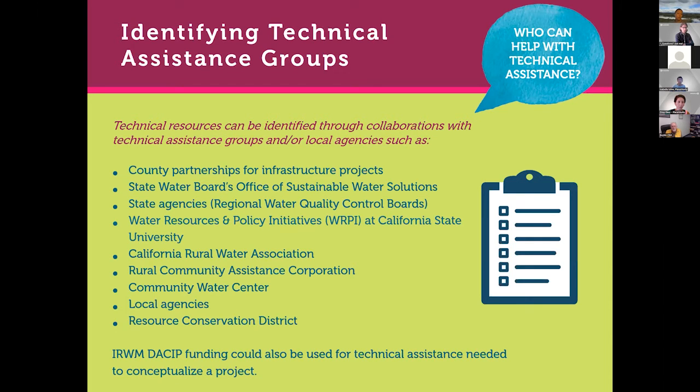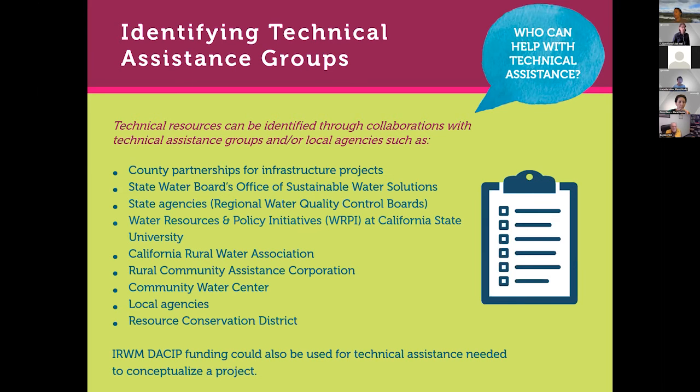The State Water Resources Control Board has a lot of different programs that provide technical assistance, but specifically their Office of Sustainable Water Solutions focuses on disadvantaged communities and small communities and small community water and wastewater providers. And so that's a great place to go, and maybe we can find the link to them and put that in the chat. That'd be a good one to have available to people. But again, the State Water Board has a lot of different programs out there.